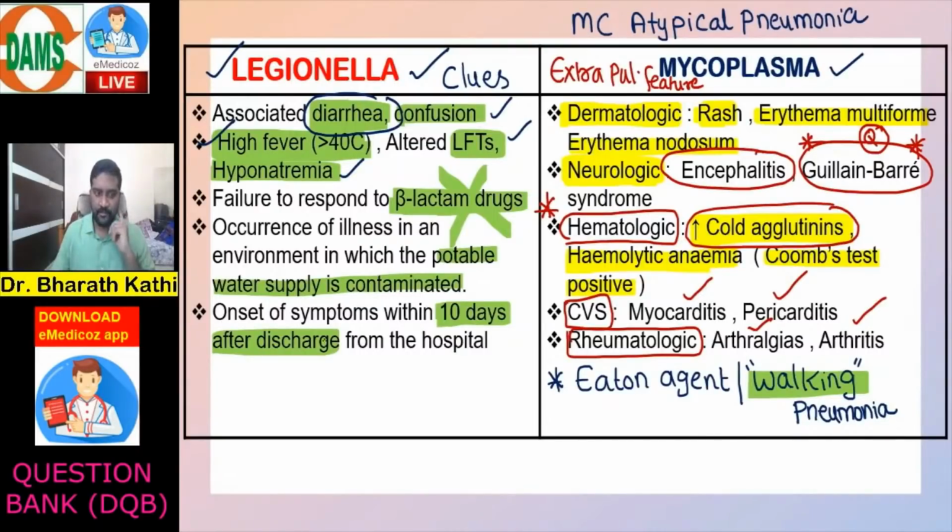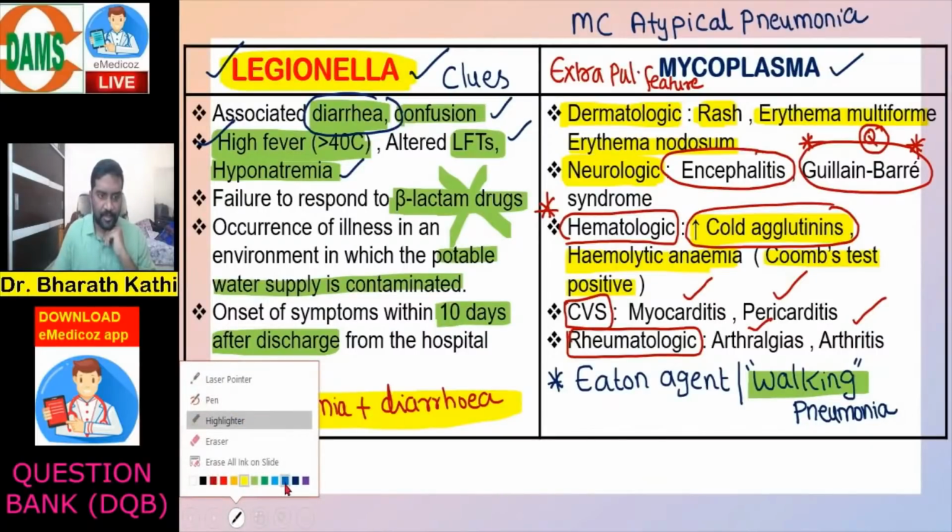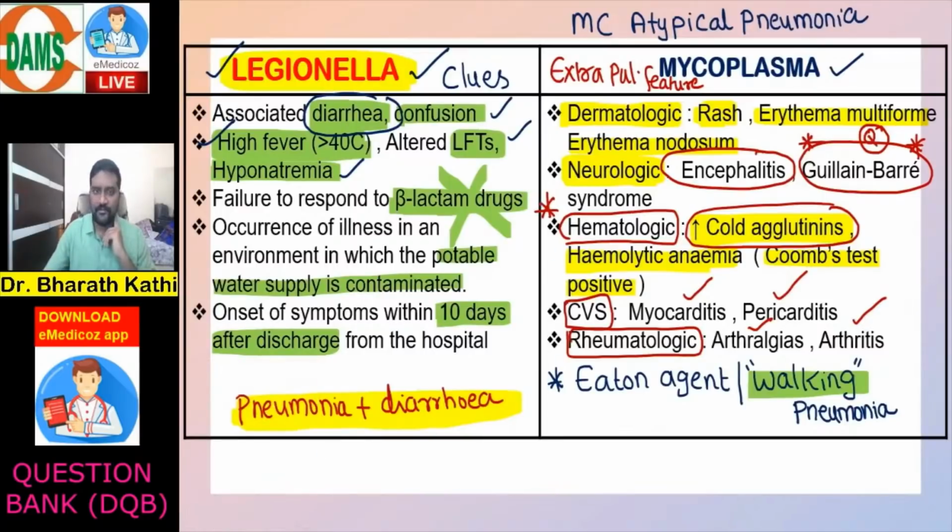So in your exam, whenever you find a patient with pneumonia and diarrhea combination, your suspicion should be Legionella. So generally that pneumonia is atypical pneumonia, atypical presentation. Whereas a patient with atypical pneumonia